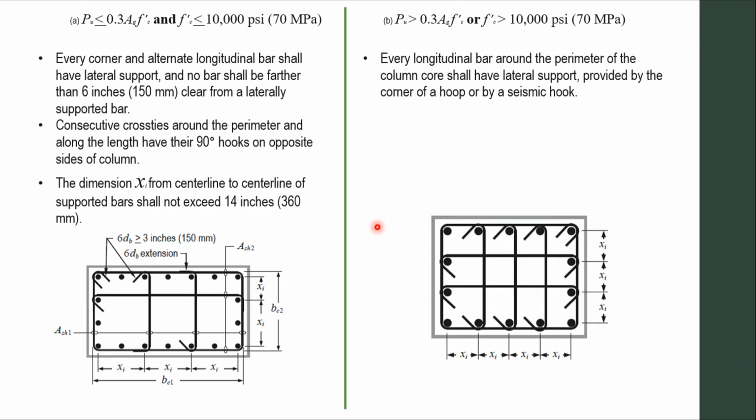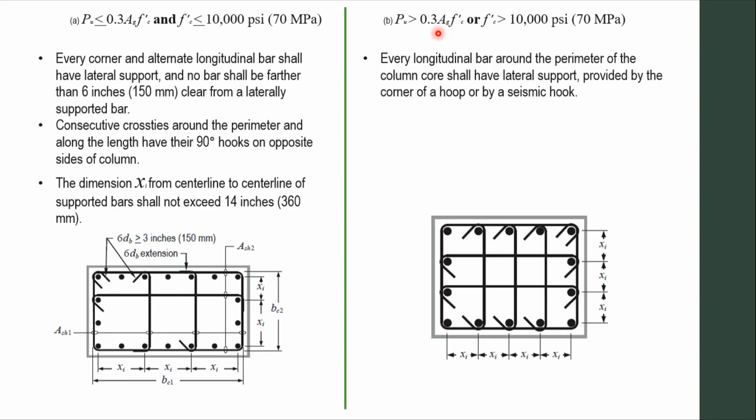So, in case 2, every longitudinal bar around the perimeter of the column shall have lateral support. So, dapat may lateral support provided by the hoop, corner hoop or seismic hoop. Kapag case 2, if Pu sobrang laki na niyan, or 10,000 psi yung gamit, tandaan na, or, at least one lang yung